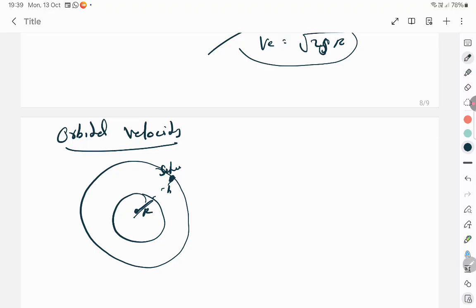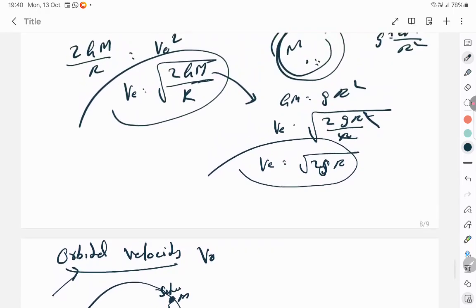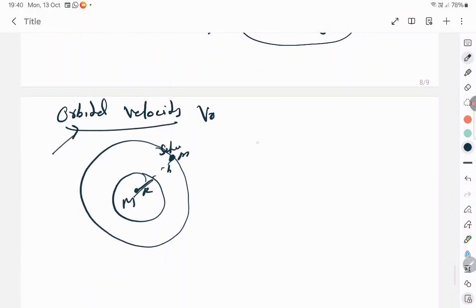For an object to revolve, take the moon because it's revolving around. We need not say it when we generally derive the formula for orbital velocity. We won't say moon, we won't say satellite. We are imagining the moon or a satellite, yes, but we are saying small m is going to orbit around the capital M. We will not say it's moon or whatever it is, because satellites are a separate topic. But for you to understand, I have to give an example. So small m is revolving at a height h around the Earth. In this case, we want to find orbital velocity VO. Anything moving will have kinetic energy half m v square. Anything rotating will have centripetal force m v square by r.